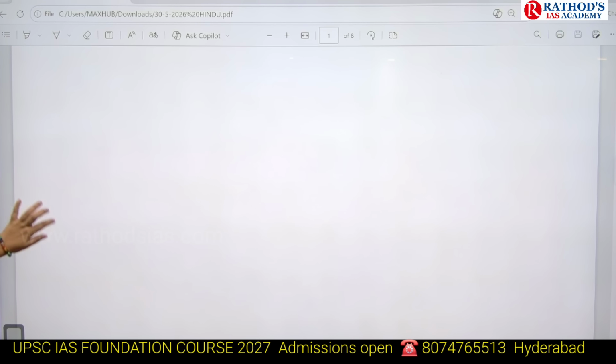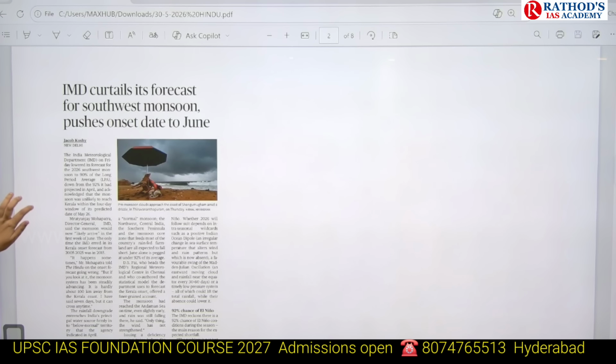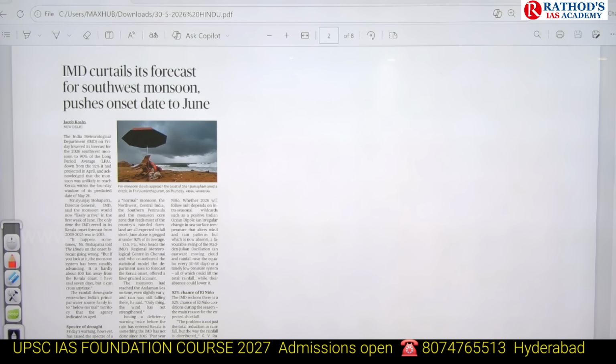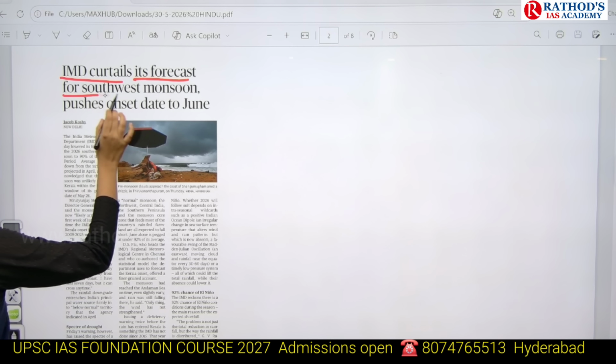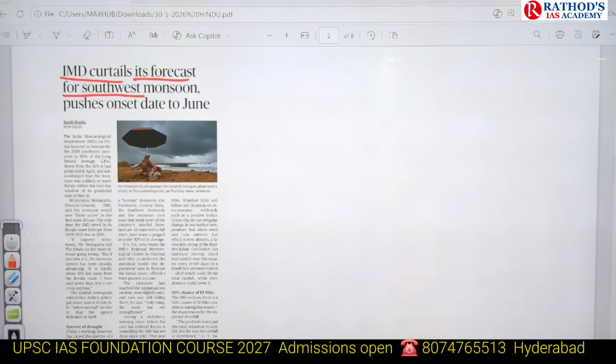Okay, now let us see the first article. Look at the title and read out the title, guys. IMD curtails its forecast for southwest monsoon, pushes onset dates to June. Okay, so this article is talking about